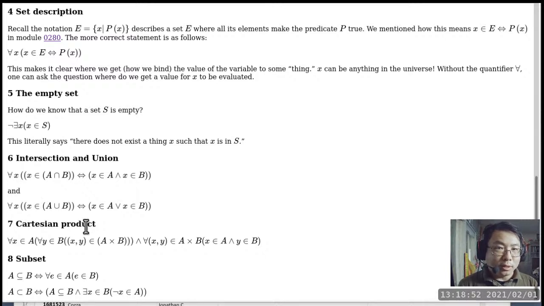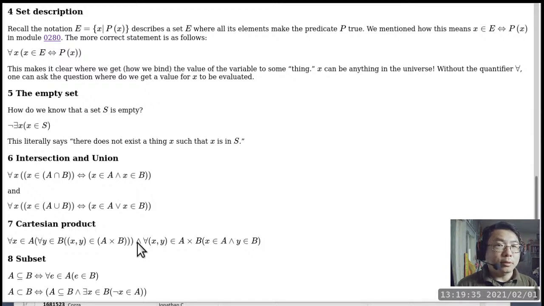The Cartesian product is a little bit more interesting because we bind x to the set A, we bind y to the set B, and then we basically say (x, y) should be in the Cartesian product of A and B. So this portion is one condition, and then we have a conjunction here to basically say if we find anything in the set of A Cartesian product with B, then the first component of the two-tuple should be in A, and then the second item from the two-tuple should be from B. So the question is, do you think this conjunction is even needed?